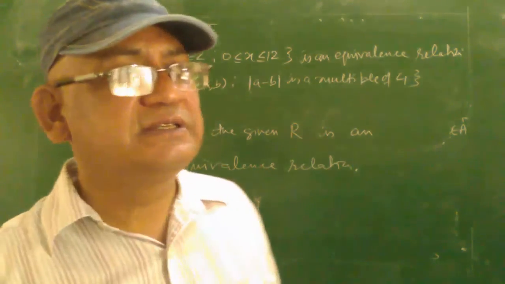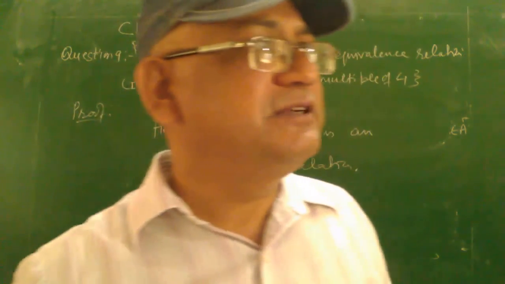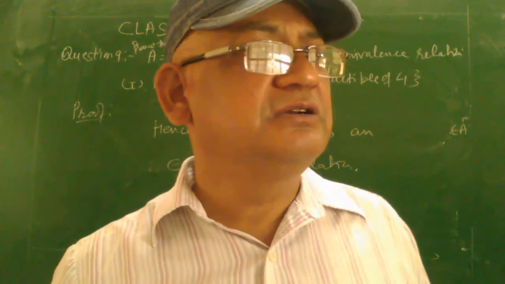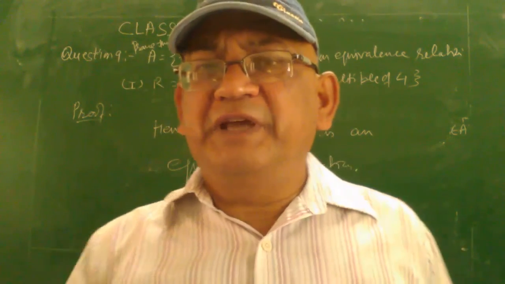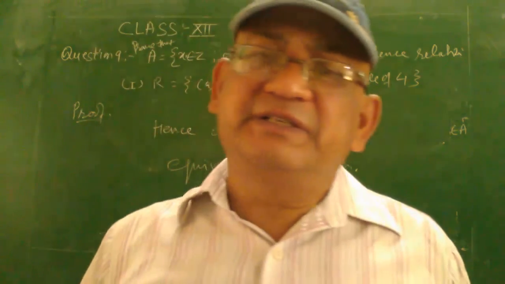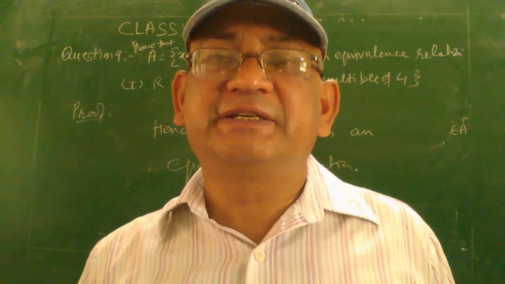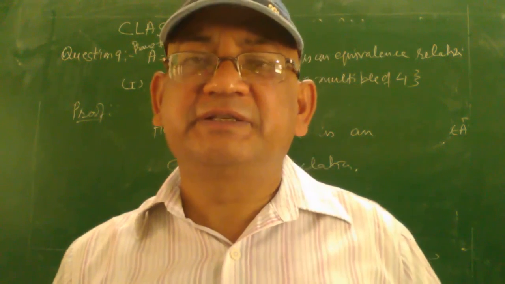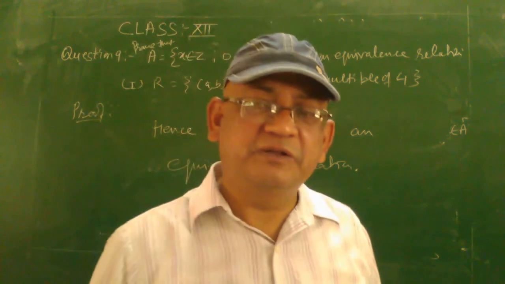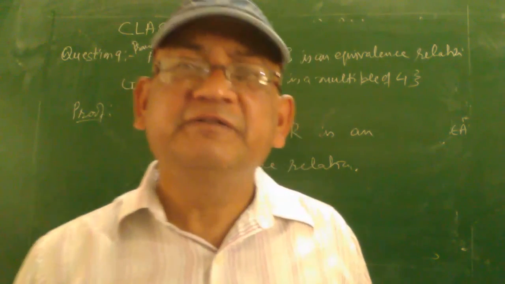So students, we solved exercise 1.1. It is based on reflexivity, transitivity, symmetry and equivalence relation. So on the next day, it means on the next topic, in the next lecture, we will take the function of